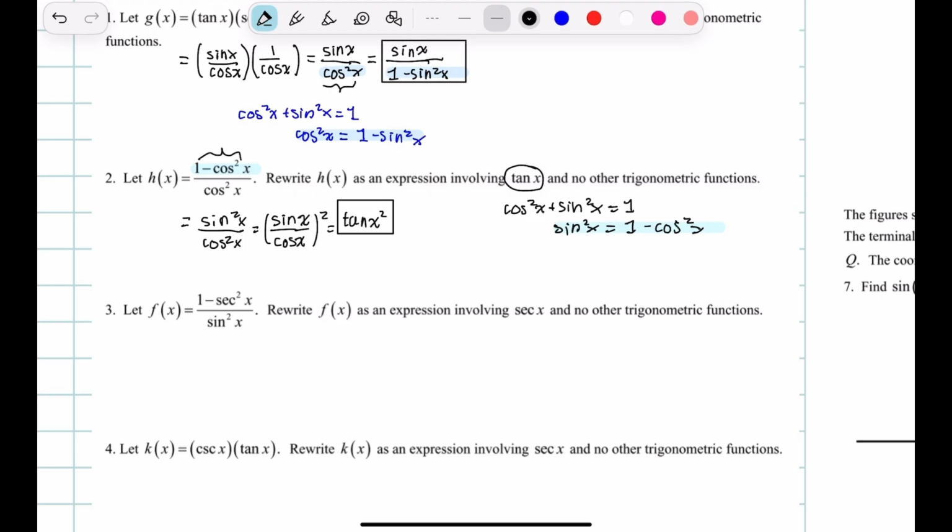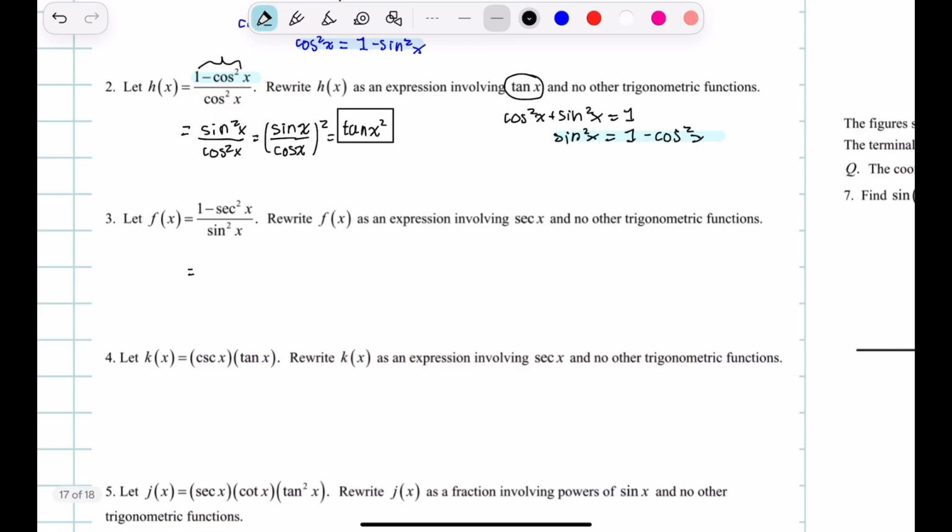Now let's move on to our next problem. So we have, let f of x equal 1 minus secant squared of x divided by sine squared of x. Rewrite f of x as an expression involving secant x and no other trigonometric functions. Okay, so what this means is we're going to start off, this is another trigonometric identity. So we know that,